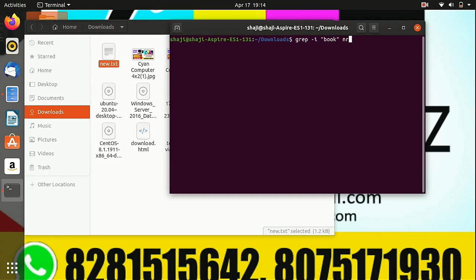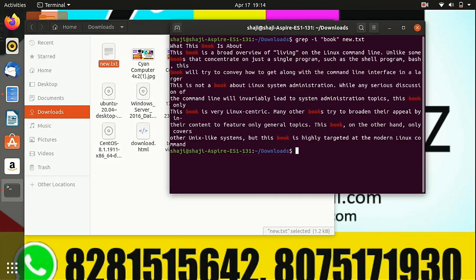So I'm just typing that, new.txt. If you wish to search recursively, then use this command. Star means all directories and given subdirectories. I'm just going to search that.